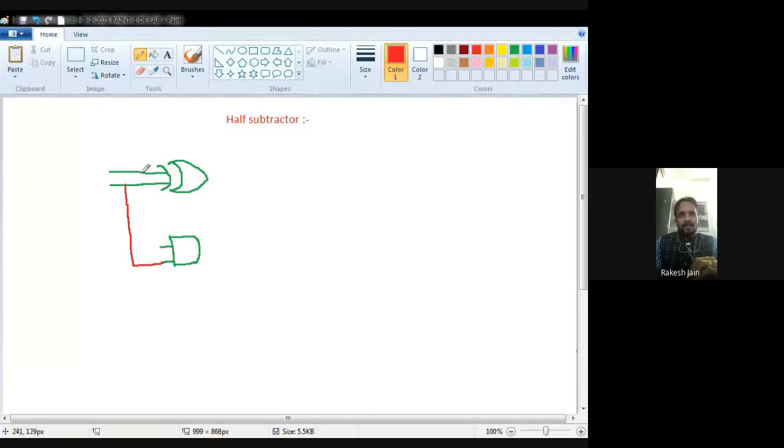Now the two inputs of the XOR gate are connected with the AND gate such that the second input is directly connected with the AND gate, and the first input of the XOR gate is connected via a NOT gate,